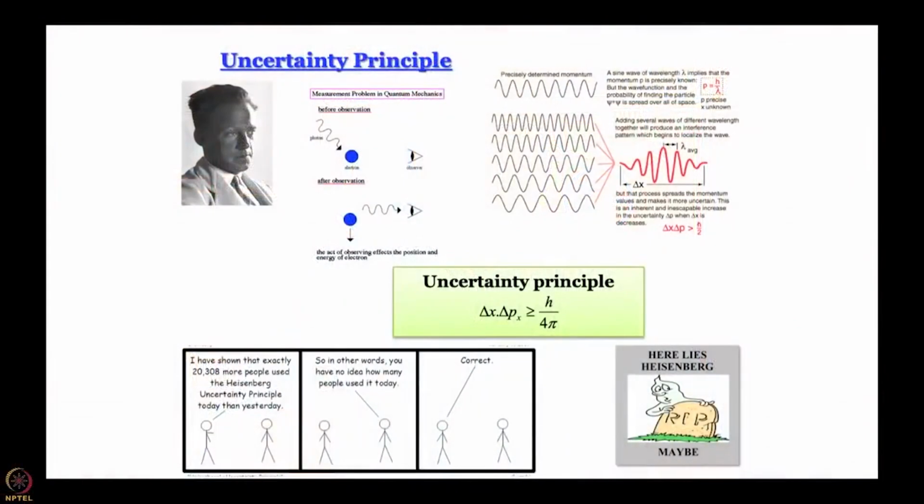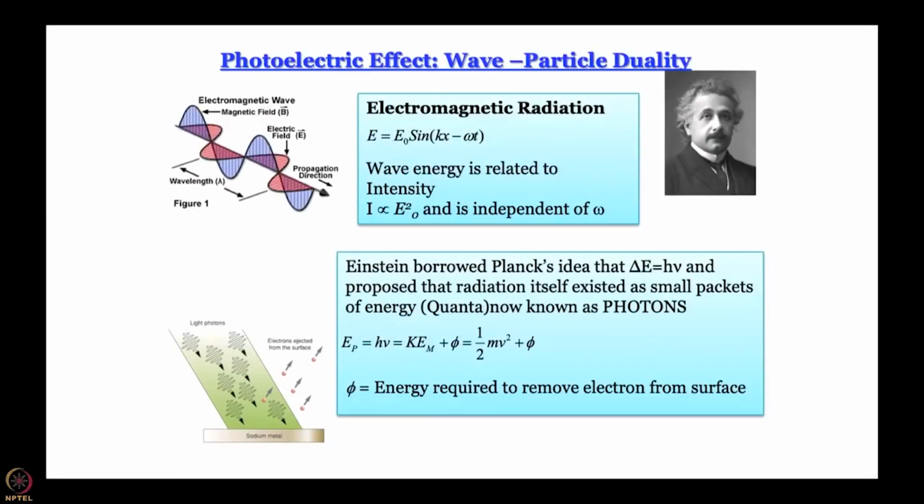In this module, we will try to understand the wave nature of matter, and it sounds quite maddening because it is very difficult to believe that matter can have wave nature. But then, as we have seen, the uncertainty principle was sort of the last nail in the coffin of Bohr theory. So, such a deterministic approach of describing atomic structure is clearly not going to work. And then in the photoelectric effect, the wave-particle duality of light was already established. So, the question was, does such a duality exist for matter as well?